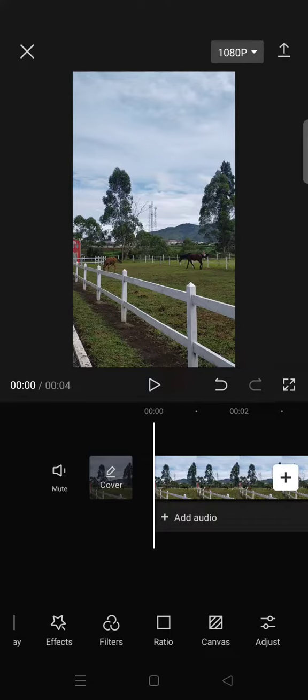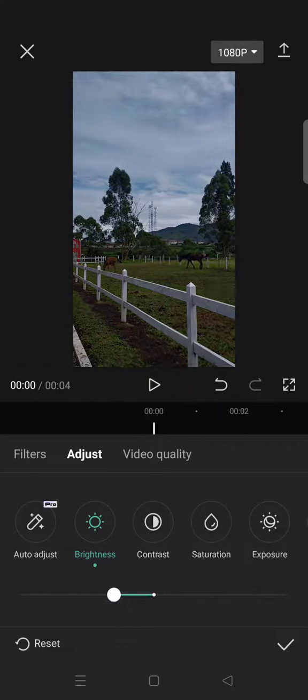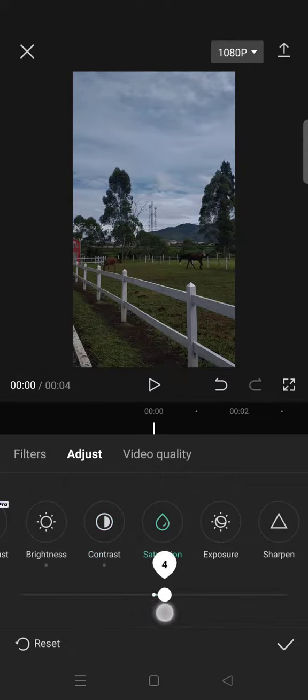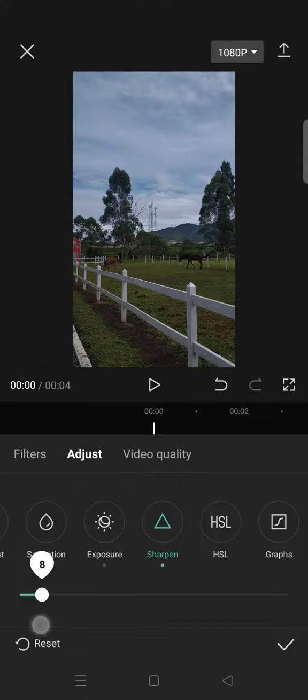So in today's video, I'm going to show you how you can create a calm aesthetic coloring for your video edit on CapCut. First, after you add your video, go to Adjust and use these settings. For the brightness, lower it to -15, contrast lower it to -10, click on saturation, increase it to 5, exposure 5, increase the sharpen to 15,